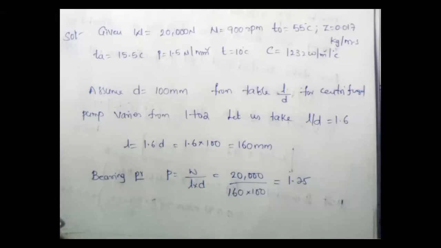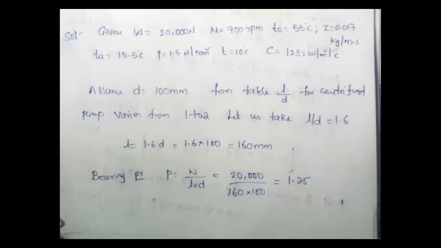Centrifugal compressor. Right, fine. Now, first thing is, I already told you that first you're supposed to calculate the bearing pressure value, then go for the L by D ratio value: L is a suitable length of the bearing and D a suitable diameter of the bearing. Now, what is your normal equation for a bearing pressure calculation? That is P equal to W by area. That is a normal equation.